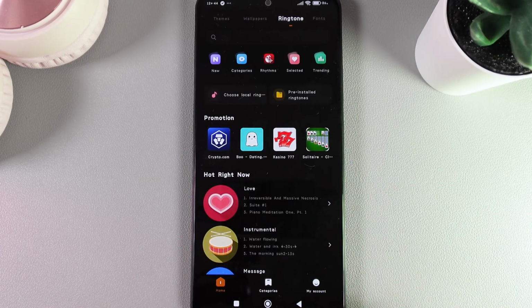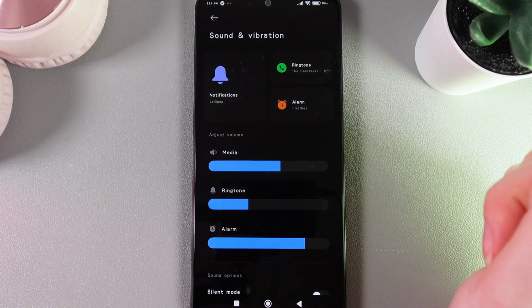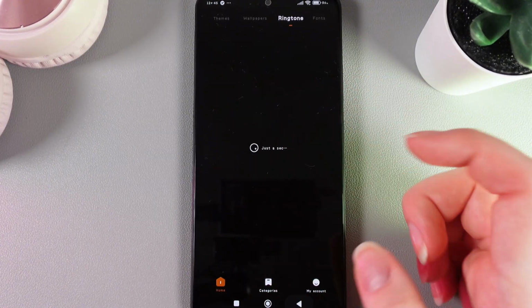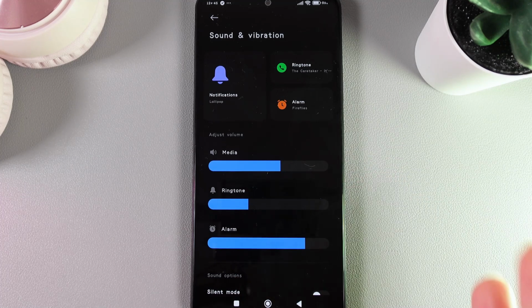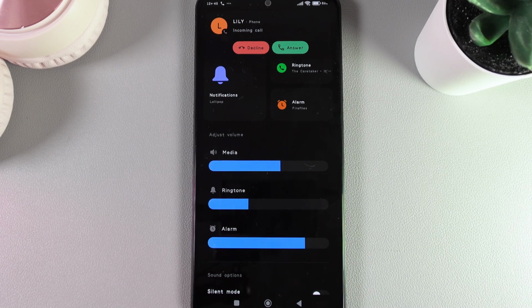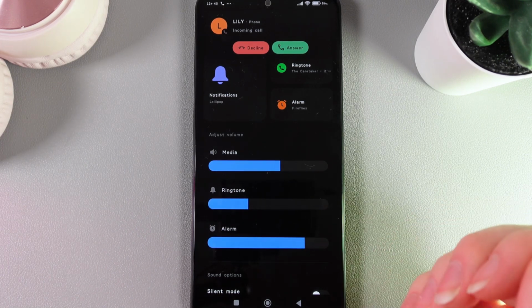So we can go back to the settings and make sure that we have our ringtone as this that you can see under this text ringtone. And let's also test it. I'll call myself from another phone and listen. And yes, this is the ringtone that I have